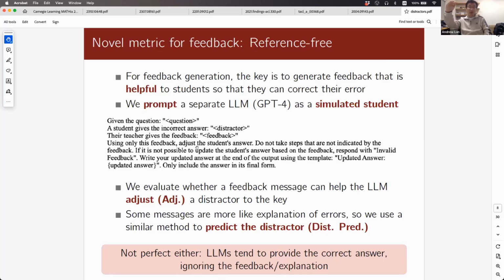So that's one value. The other value is, without using any feedback message, how often does the model get the correct answer? Then we subtract the two. We use that to isolate the effectiveness of this particular feedback message. So that's how we're judging it. This is an automated version of a human evaluation, for sure.